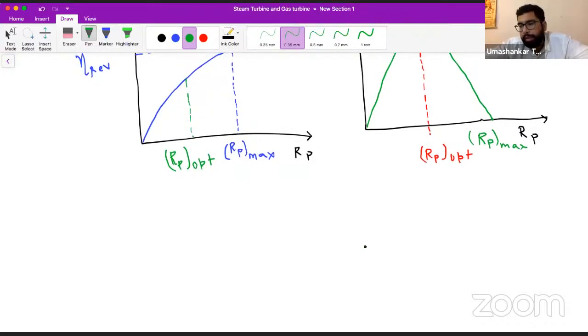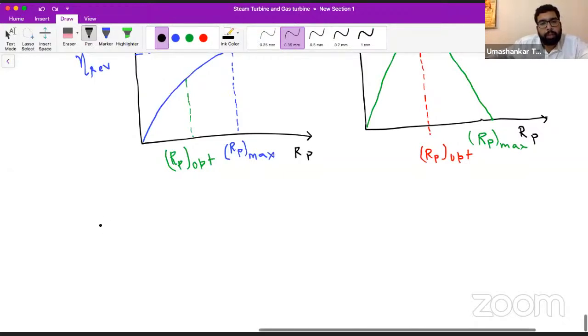So I think this is clear. The play of pressure ratio is clear. Now let's see the regeneration, the use of regeneration. There are some terms. So let us see that use of